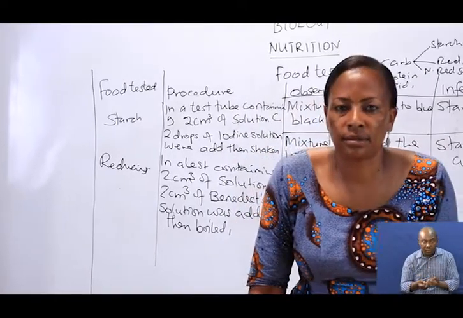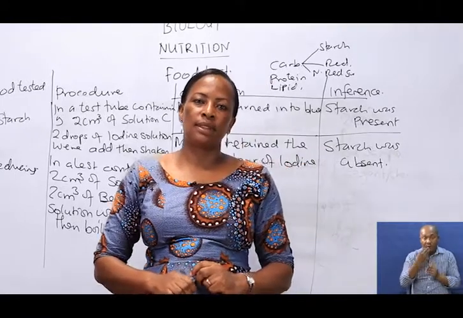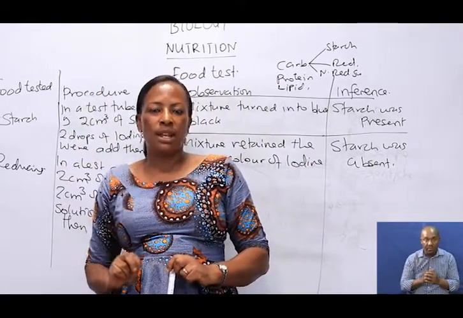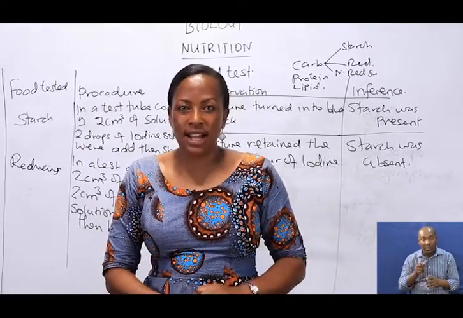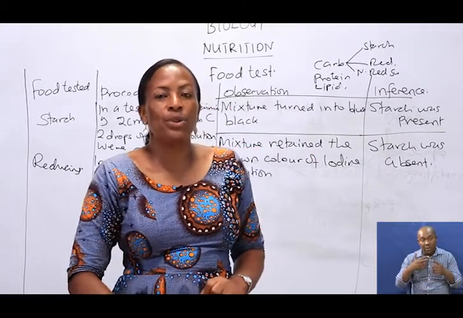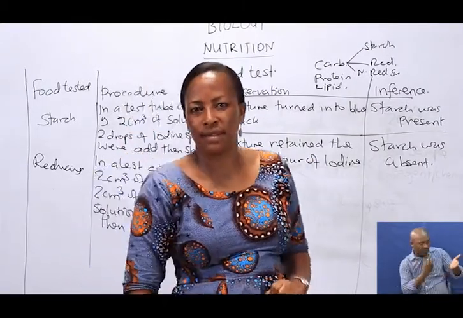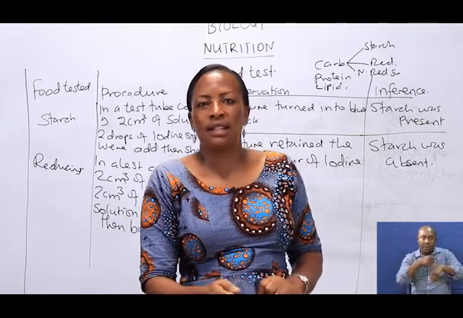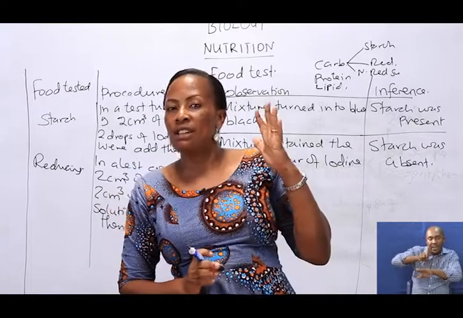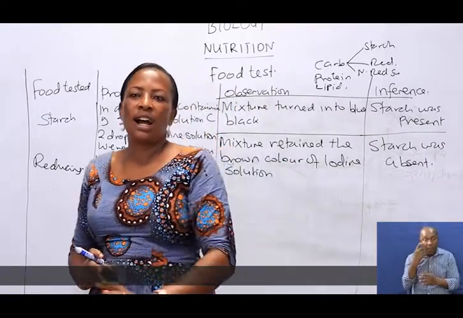Within the food sample of 2 cm³, another 2 cm³ of Benedict's solution was added and the mixture was boiled. You will observe the color changes when boiling. In the first minute, you will observe the color change from blue to green to yellow, and finally